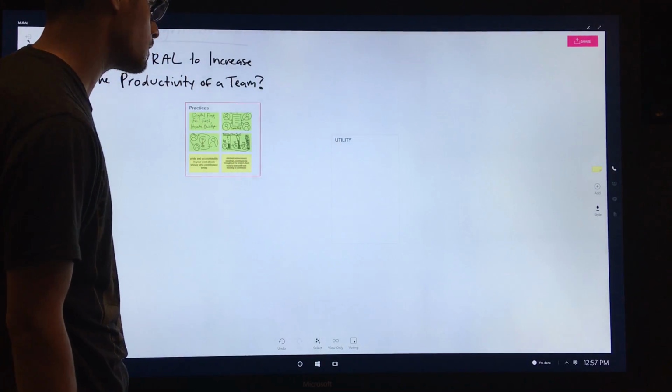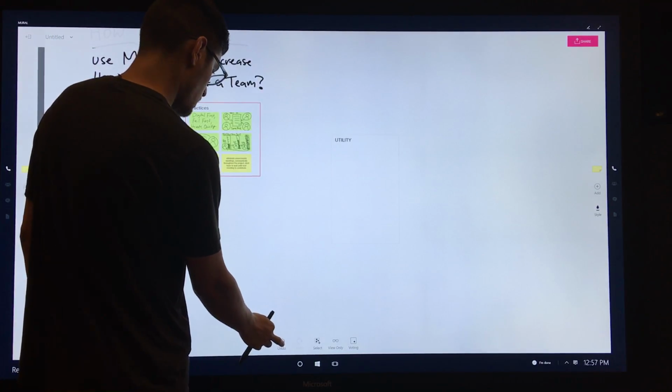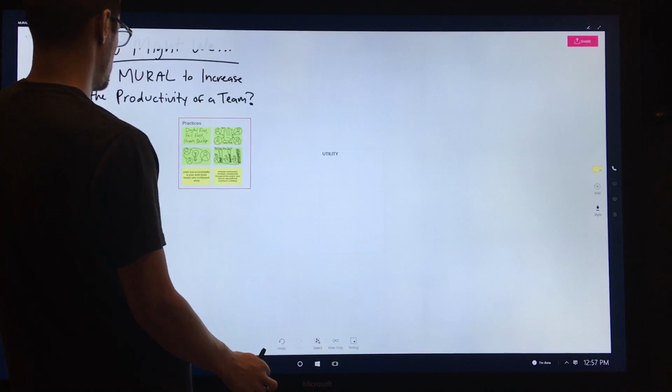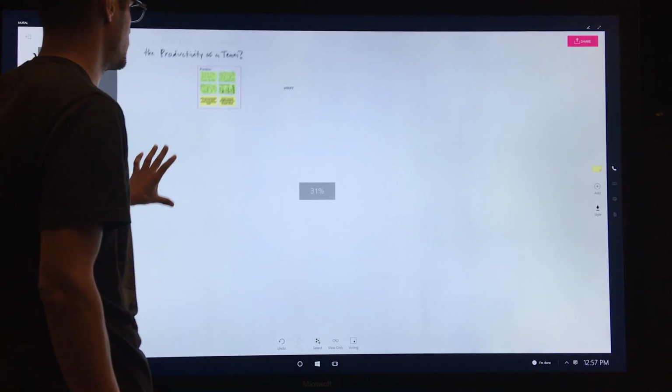Okay. And I guess our stickies disappeared, so just zoom out and make sure they didn't fly somewhere. Nope. Okay, so